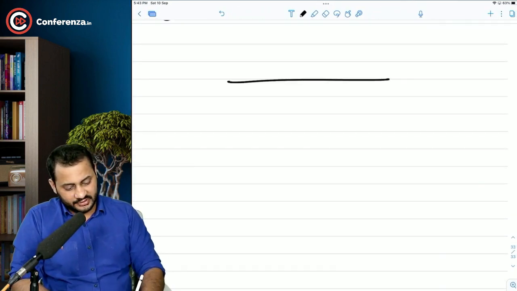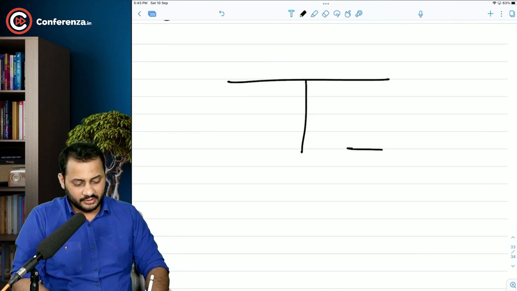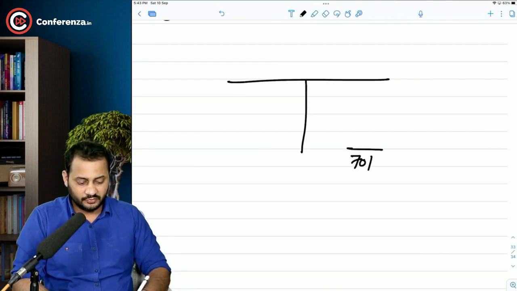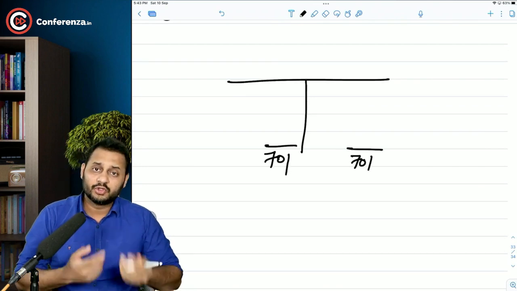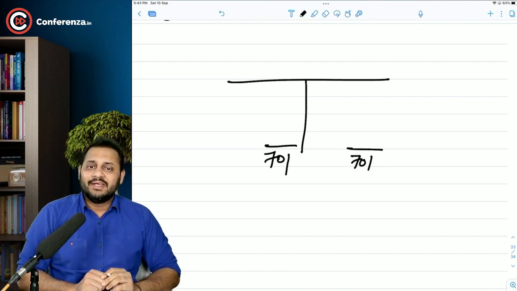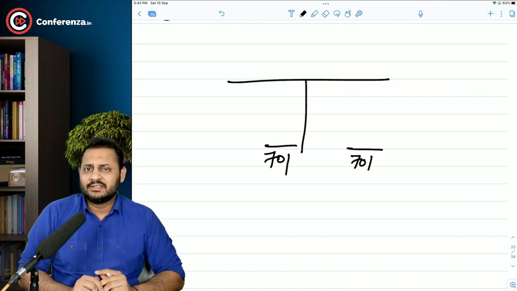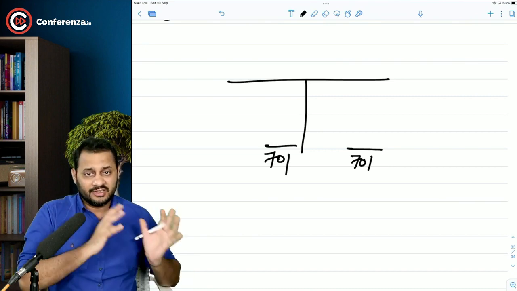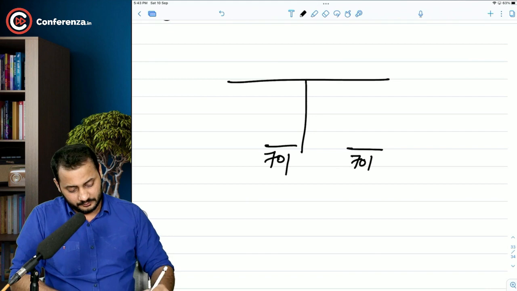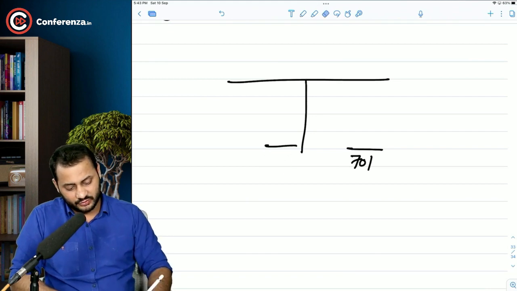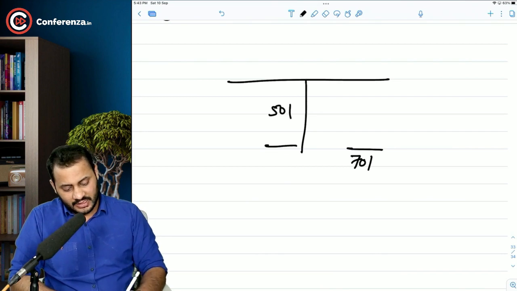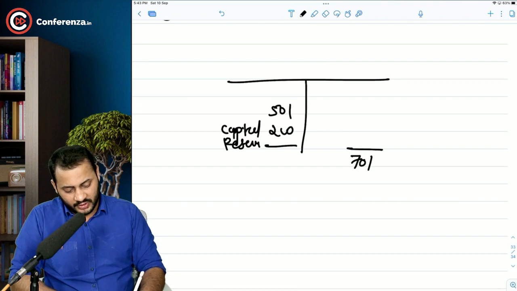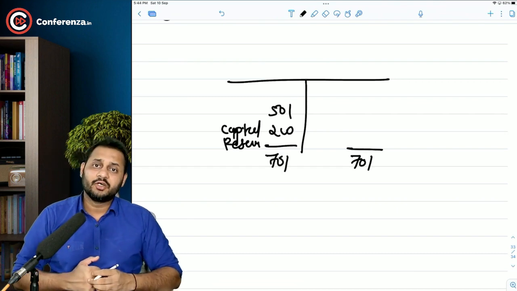You will prepare the reconstruction account like this in T format. The total of the credit balance should be 701 and the total of debit balance is also coming to 701. In this question, coincidentally, this is coming to 701. Otherwise, what would have happened? Let's say for example, the credit balance is 701 and the debit balance is only 501. So what will happen? The balance amount will be transferred to capital reserve 200 and it will be taken over to the balance sheet